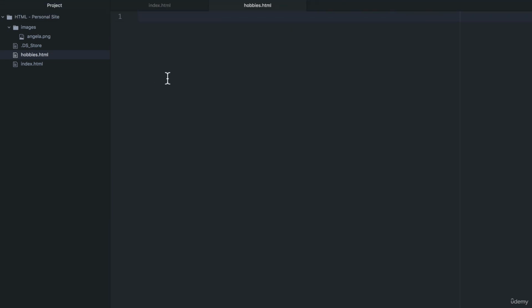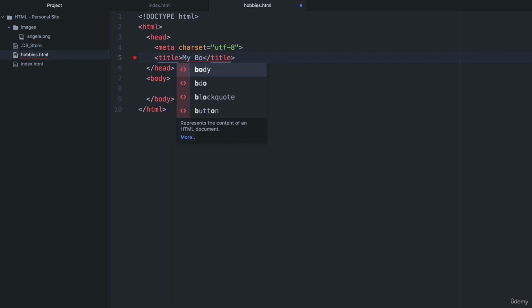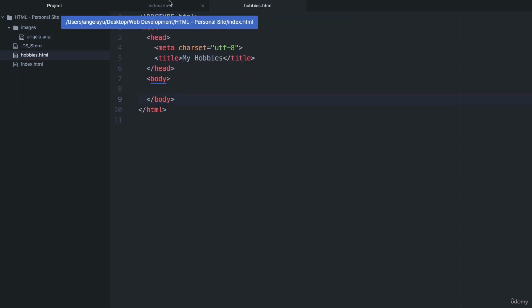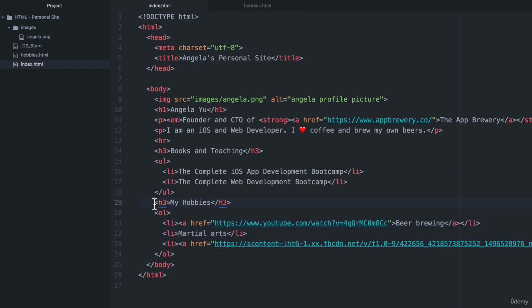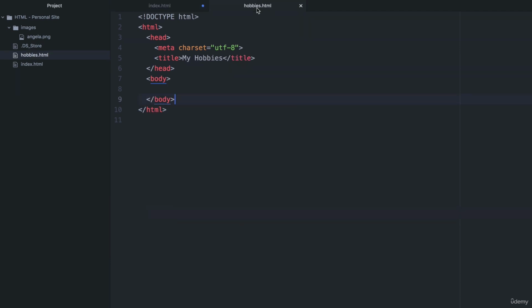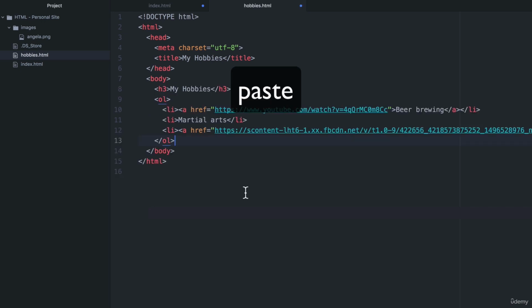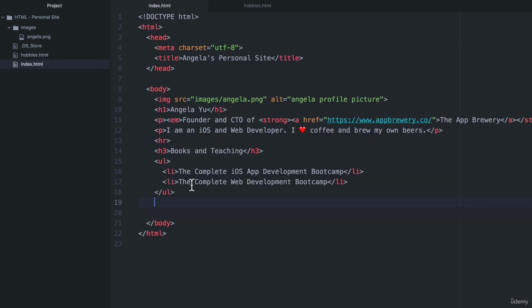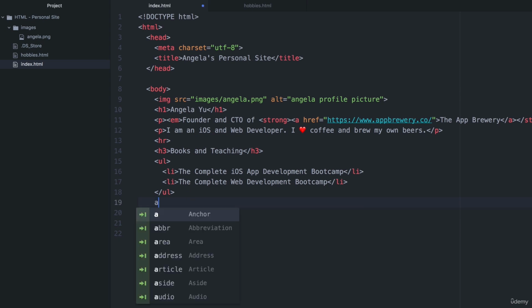Now for hobbies.html, I'm first going to add the HTML boilerplate code, and the title is going to be My Hobbies. In the body, I'm just going to copy all of this, hit Command X or Control X to cut, and then paste it over here. So now if I hit save for hobbies and I go back to the index.html